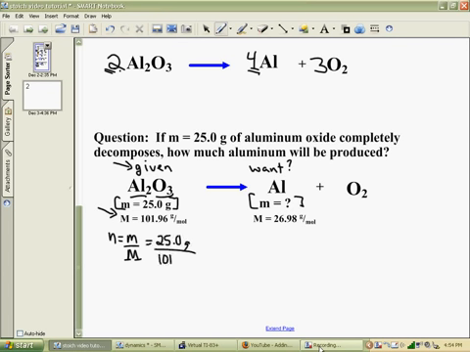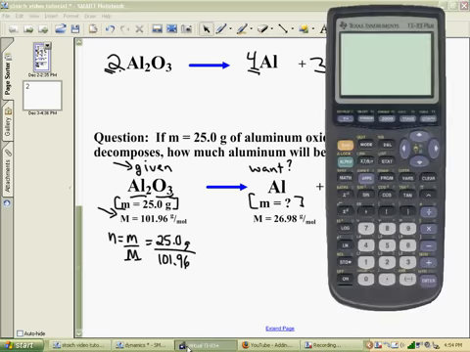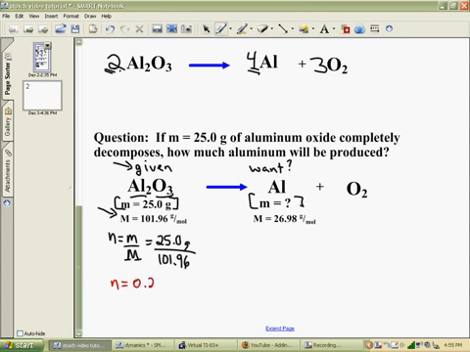I don't have that one worked out ahead of time, so we'll bring it up here, turn this on. We have 25 over 101.96, which gives us 0.245. So n equals 0.245 moles. Now, what am I looking for, though? I want to use this number. If I have 0.245 moles of aluminum oxide, my balanced reaction of 2, 4, and 3 here tells me that